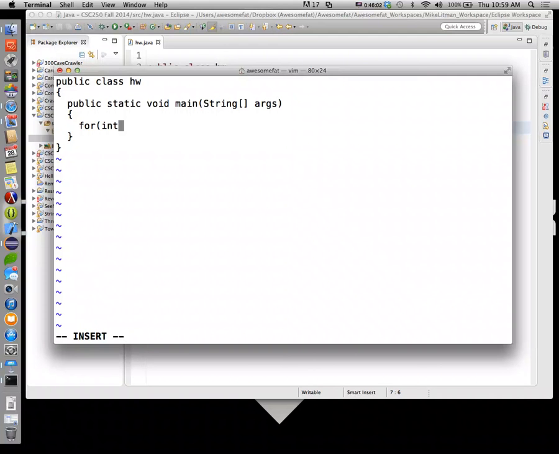So for int i equals 0, and don't worry, this is another one of those loops that we don't know yet, i is less than 256. And I think I have this configured where we'll show these characters.